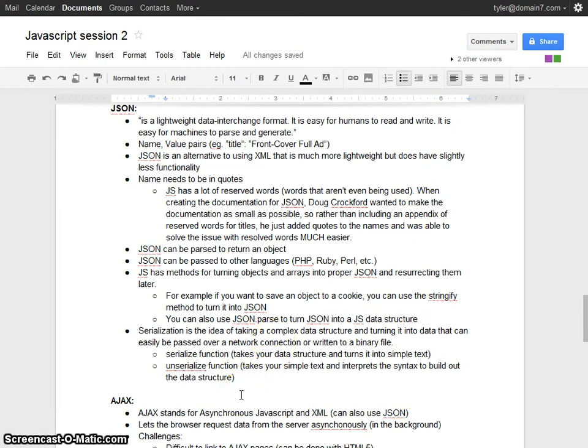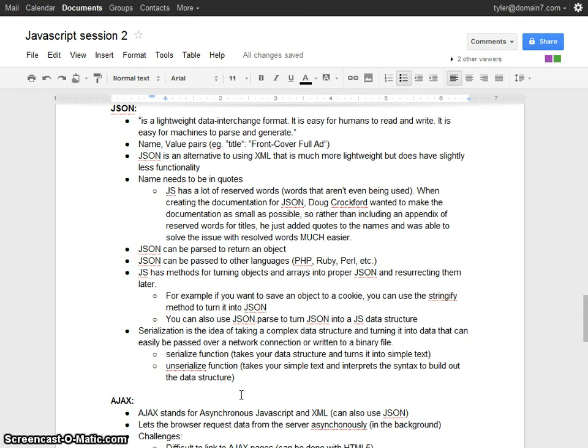So we saw this in the CanPages examples where I had objects that needed to be saved into cookies, and so to do that I used JSON.stringify, and I passed in my products object or my locations object or whatever it was, and I stringified that object, and that returned a string that I could then save inside my cookie.